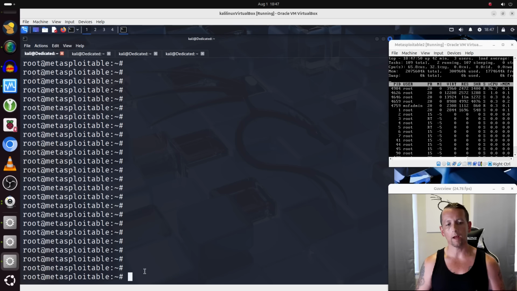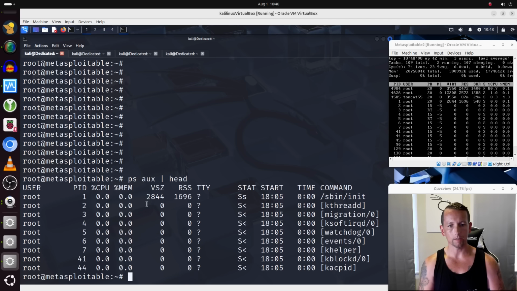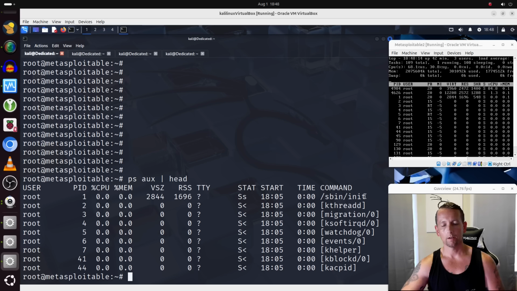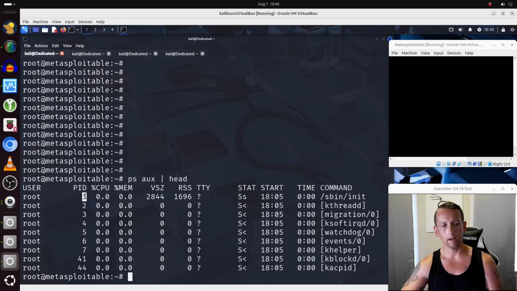So a straightforward way to figure out which one it is using is going to be to run a couple commands. We're going to run ps aux, and we're going to pipe that into head so that we get the first 10 lines. Now you see at the very top, the very first process, this is the first process initiated when this machine starts. It has a PID of 1,